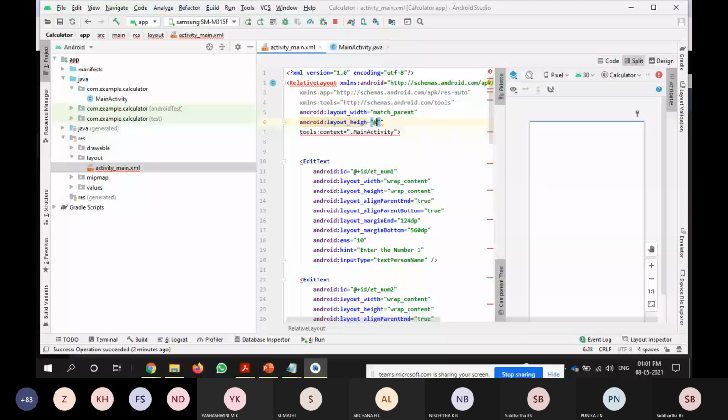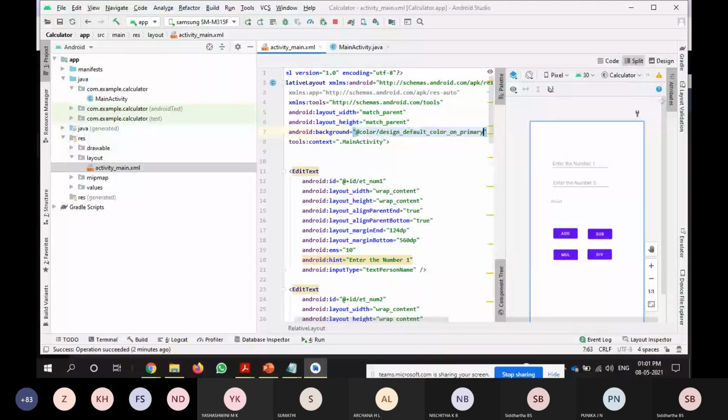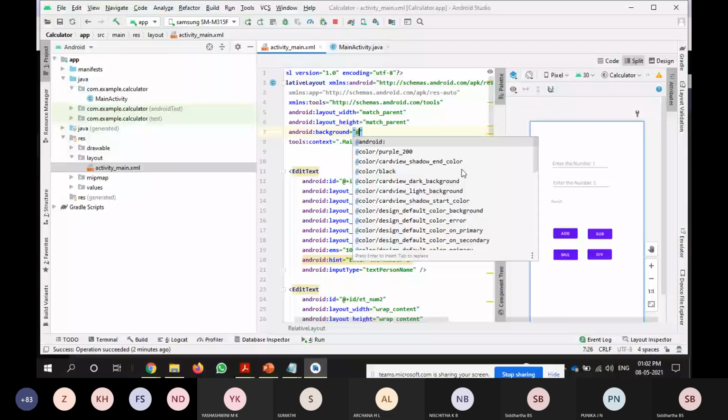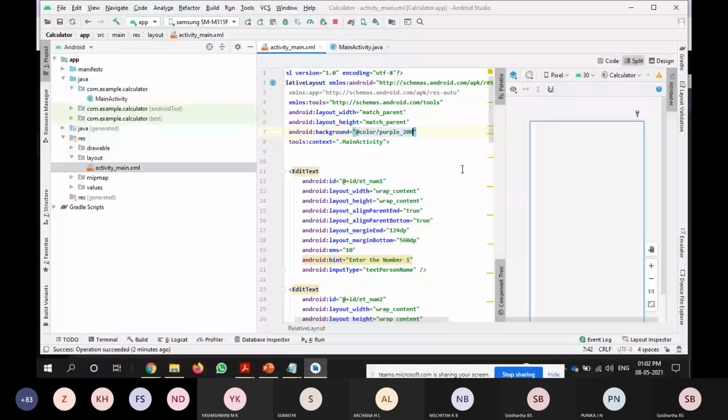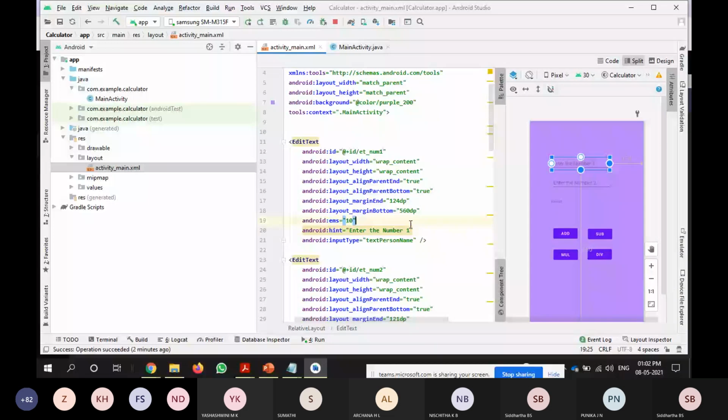Okay, I will change the color. There is also no change. So I will increase the text size to 24 dp.